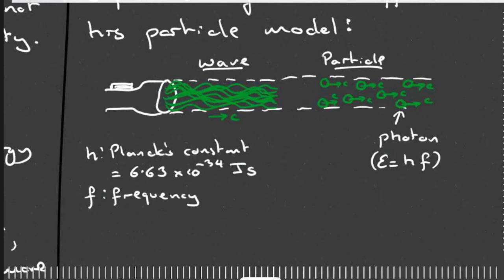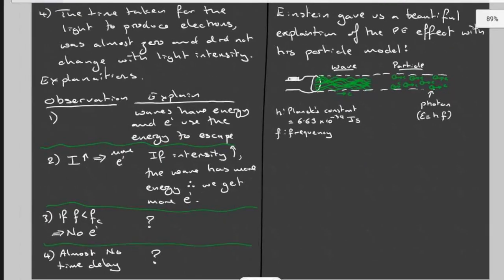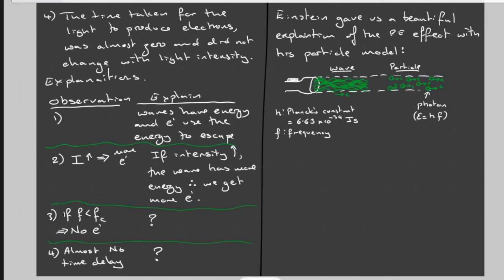And Einstein said, this is what light is. Light is not a collection of waves. It is a collection of tiny lumps of electromagnetic energy called photons. And the way that Einstein explained the photoelectric effect was the following. Number one, light produces electrons. The electrons absorb a photon in a